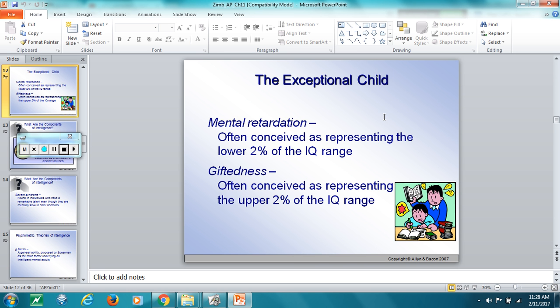There are other forms like PKU, which is a birth disorder that is kind of hidden, but at the same time can be prevented by a special diet. And so if there is screening there and families know what's going on, they can prepare for it by treating it with that diet as well.